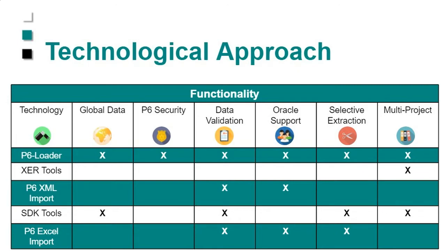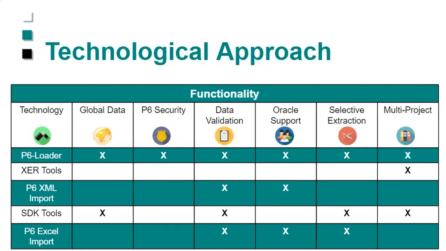Finally, Primavera came out with this XML import, and it works reasonably well as well. Again, it's project level only though. It doesn't let us access any of our global information. It is supported by Oracle, and it does do data validation, but it only does one project at a time. So as soon as you have a second project, all of the neat features that they built into it get turned off. So P6-Loader is kind of the only option out there that lets you access global data,